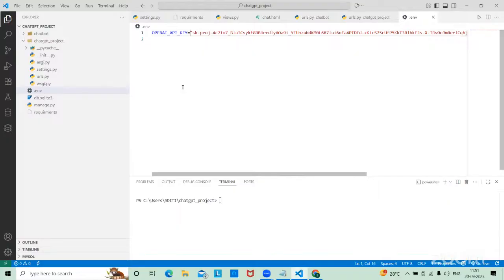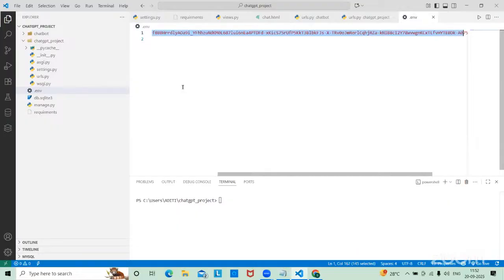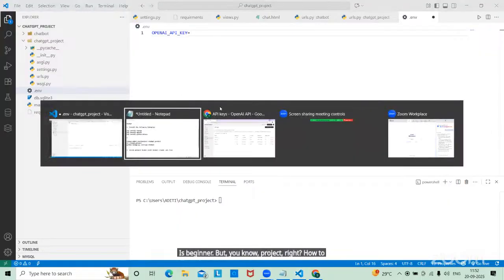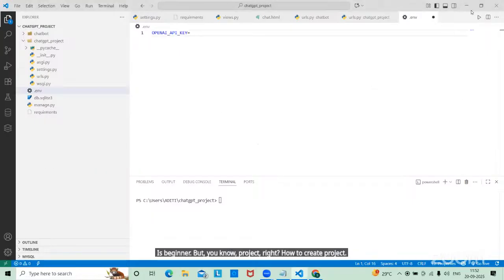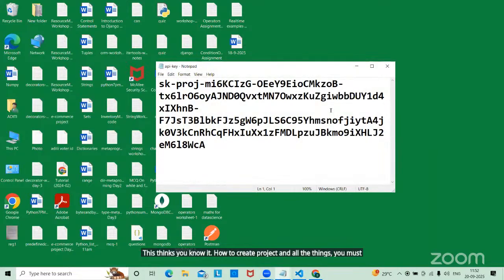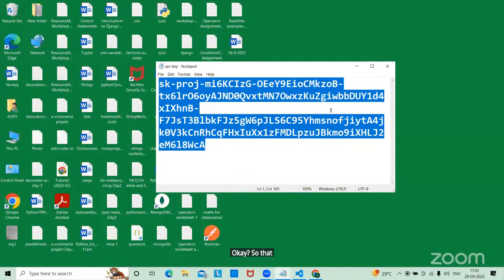You don't know Django, Lokesh? Okay. You don't know Django? You know Django or don't know Django? Yes? Yes. Beginner. But you know project, right? How to create project. These things you know it. How to create project and all the things you must know it, right? Okay. So that is a minimum to